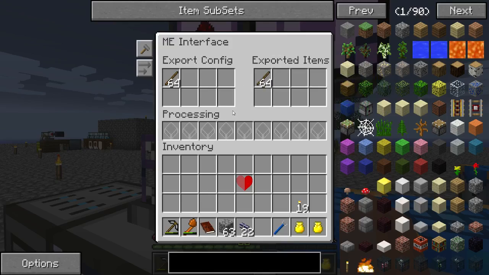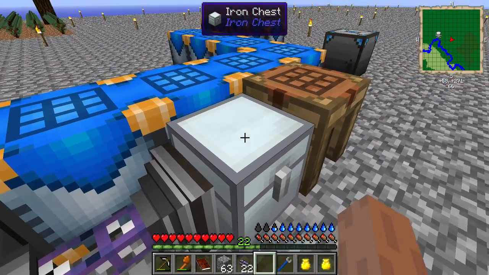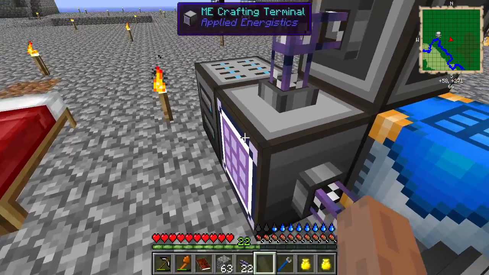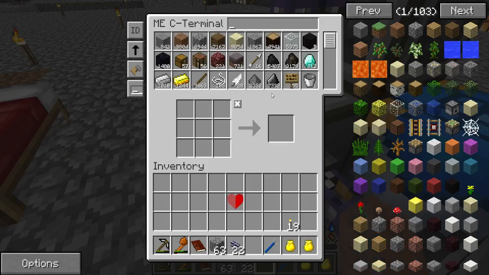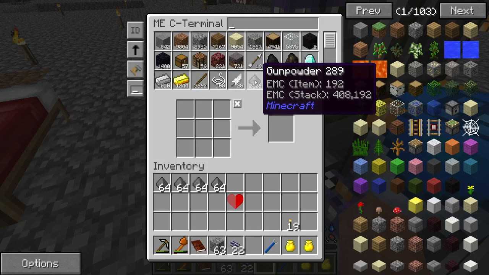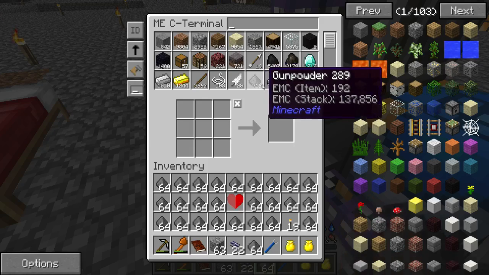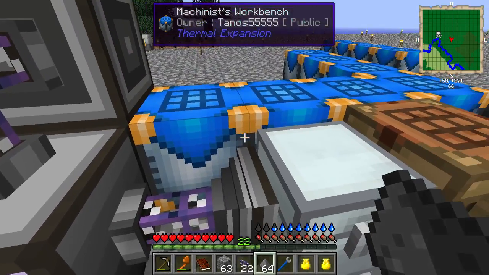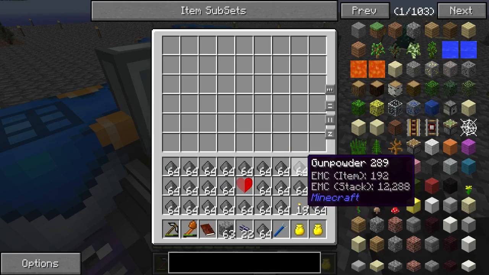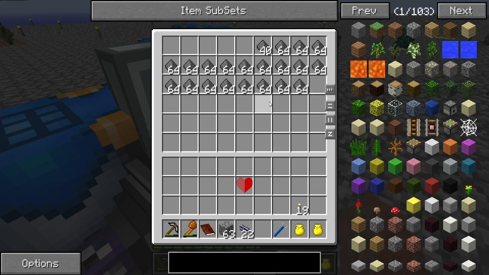But let's show you a better way of doing that. So what I've done is I've got an iron chest here, and to demonstrate this, what I want to do is fill up my pocket with a load of gunpowder. Not because I'm going to blow myself up. Well, it is nearly Guy Fawkes night, and Guy Fawkes nearly did the same. But what I want to do, so I've got a whole stack of items, I want to quickly get rid of them. If I hold the shift key and control key, left click, the whole lot gets put in the